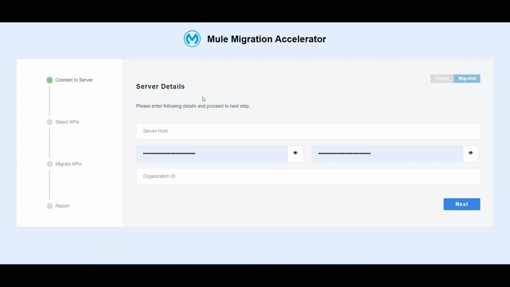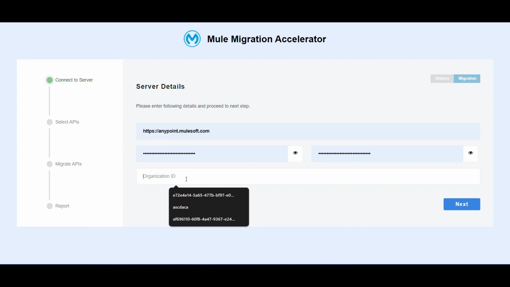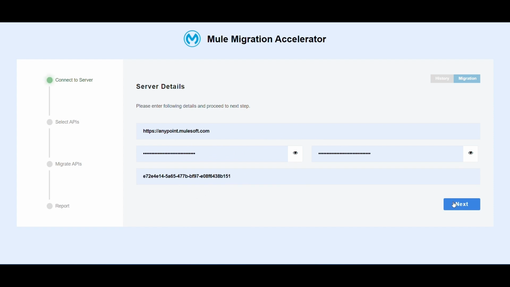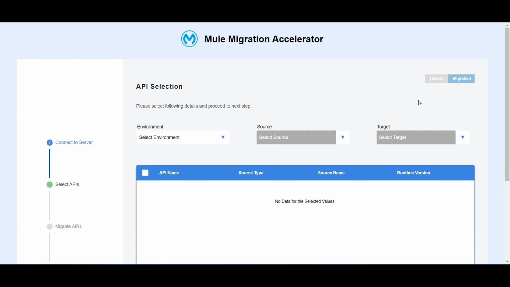The screen you're seeing right now is the login screen, where we're going to log into the Anypoint platform, where you're going to select the APIs from. So we're going to give in the server host. This is the client ID, and this is the client secret. I'm going to give the organization ID. As soon as I click on the next button, I'm taken to the API selection screen, where I can select